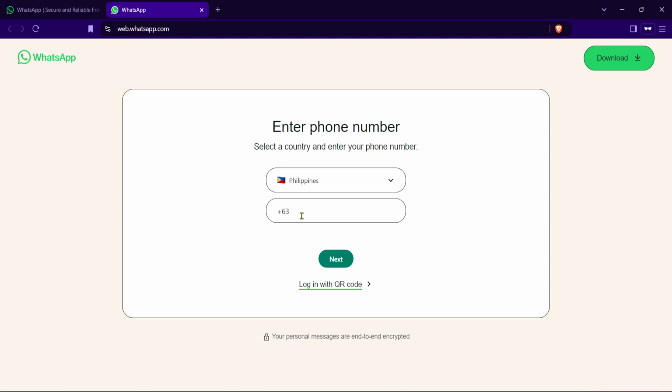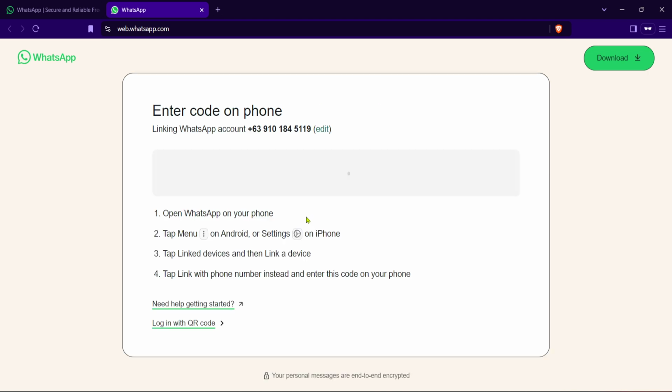You're doing great. And there you have it, step by step, we've navigated our way from launching a web browser to standing at the doorstep of logging into WhatsApp Web using your phone number. This process is not only straightforward, but also ensures that you can use WhatsApp from nearly any device, making your messaging experience fluid and versatile, especially if you're someone who juggles between devices throughout the day.